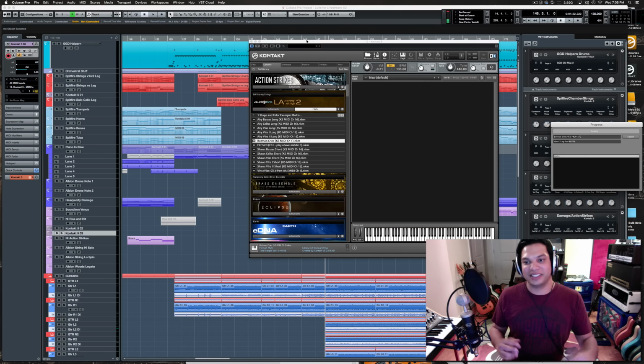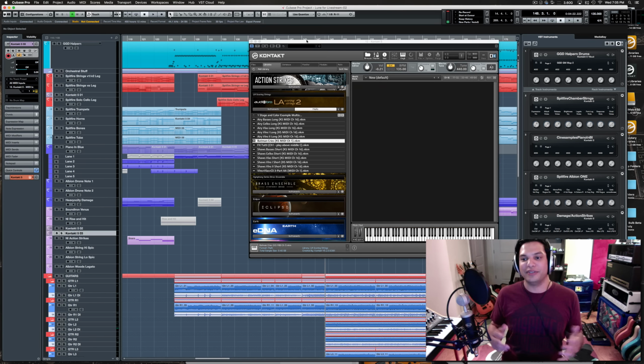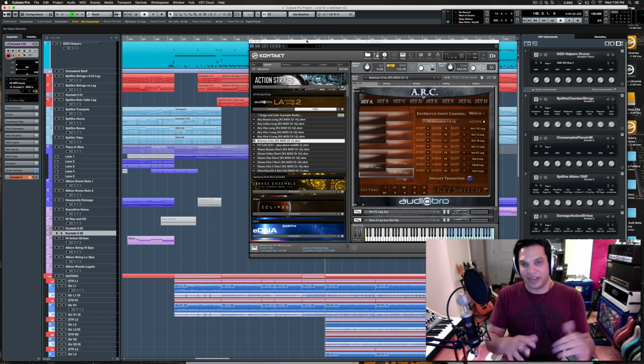LA Scoring Strings is one of those libraries that you have to have if you really want an intense string library. And this has intelligent DVC, so it actually figures out how to separate the lines for you. That's loud. That's very, very loud.